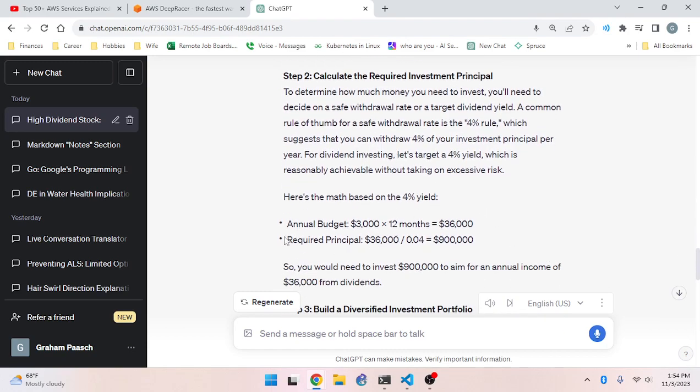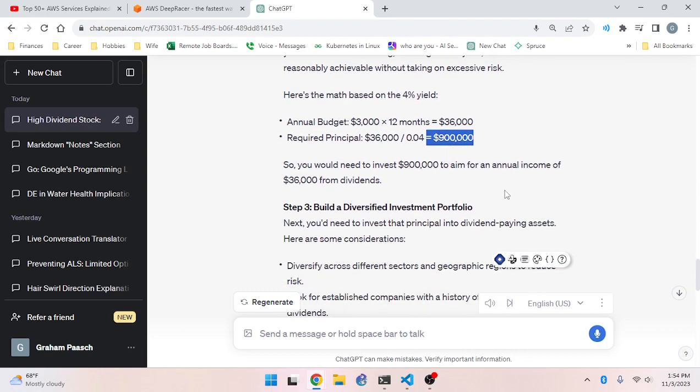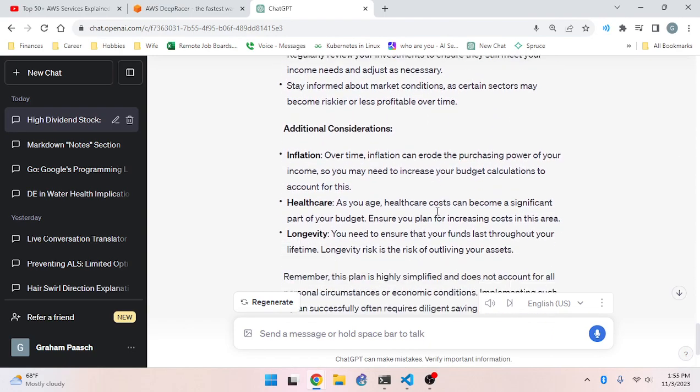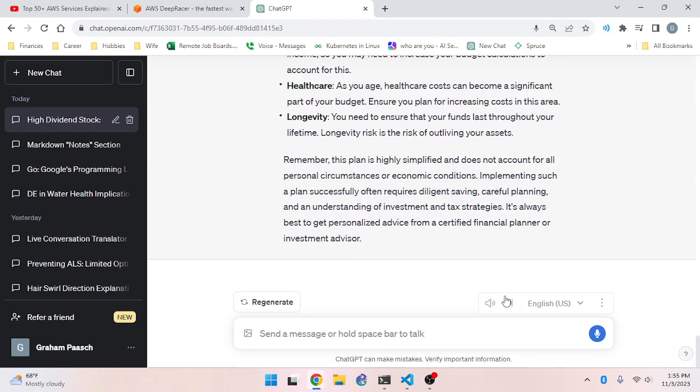Annual budget: $3,000 x 12 months equals $36,000. Required principal: $36,000 / 0.04 equals $900,000, so you would need to invest $900,000 to aim for an annual income of $36,000 from dividends. Step 3. Build a diversified investment portfolio. Next, you'd need to invest that principal into dividend-paying assets. Here are some considerations. Diversify across different sectors and geographic